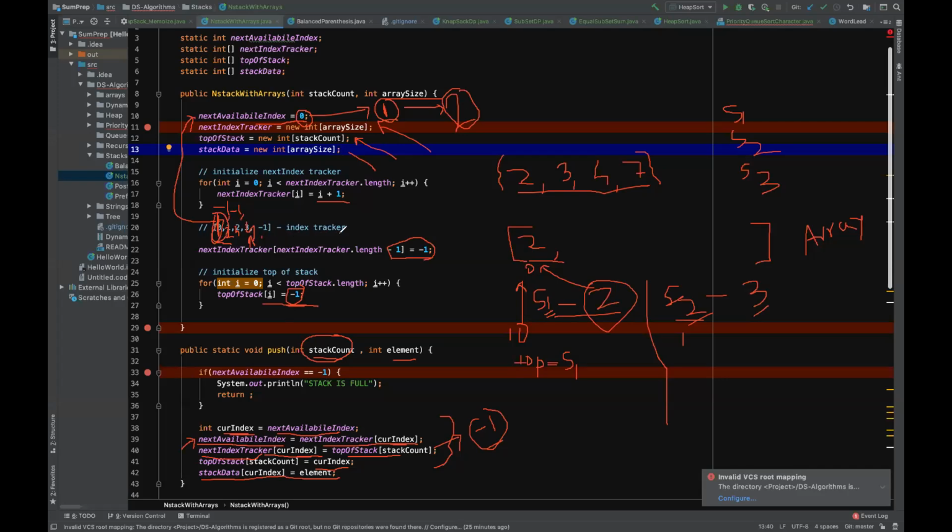In the index tracker, I am again adding -1 to this position. So, one